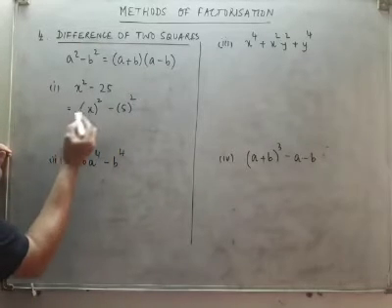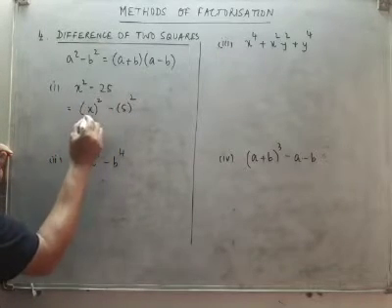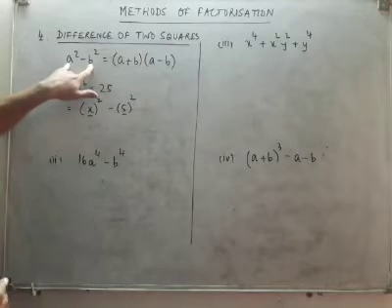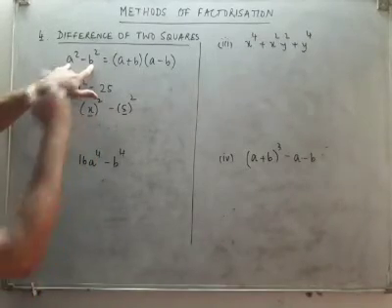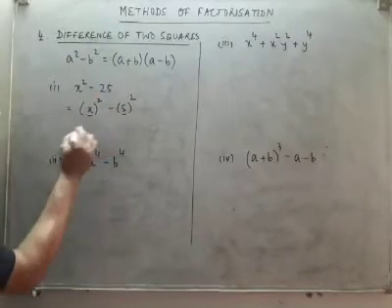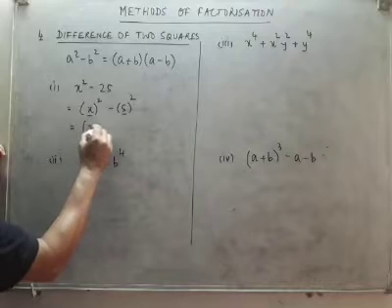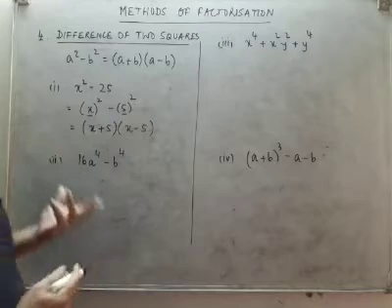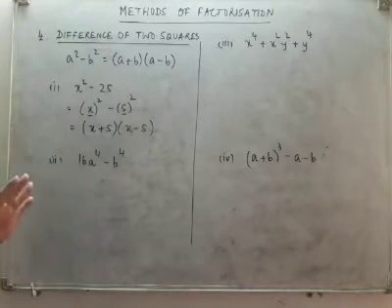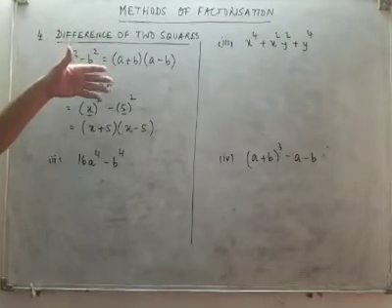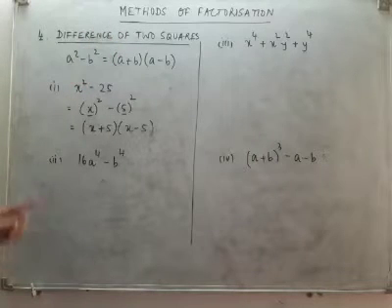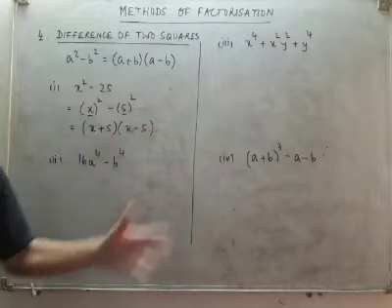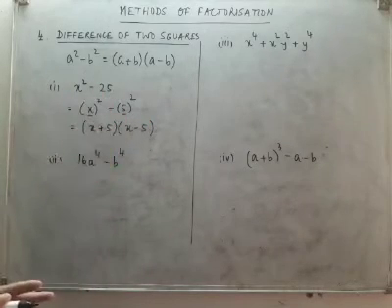If you see here, we have broken this expression up in the form of a first term square and a second term square. Once you have obtained the first term and the second term, then all you have to do is put the first term plus the second term into the first term minus the second term. That's all. In this method of factorization, the difference of two squares, it is very crucial to obtain the first term square and the second term square in any manner.